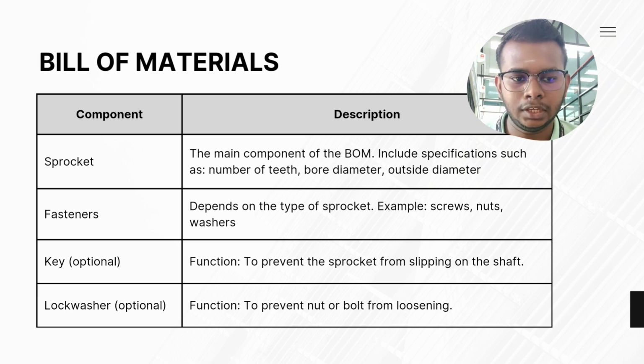Third, we can see the key, whose function is to prevent the sprocket from slipping off the shaft. Last, we can see the lock washer, whose function is to prevent the nut or bolt from